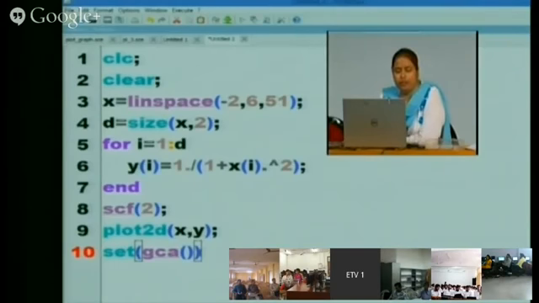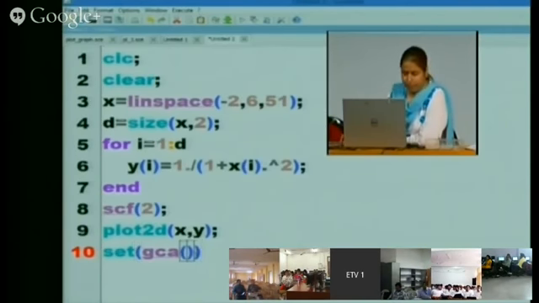If we want to change the properties, then we can use the handle gca. If we write h is equal to gca, means we are making h the handle of the plot. In the same command we are using the grid also. Grid in double quotes.